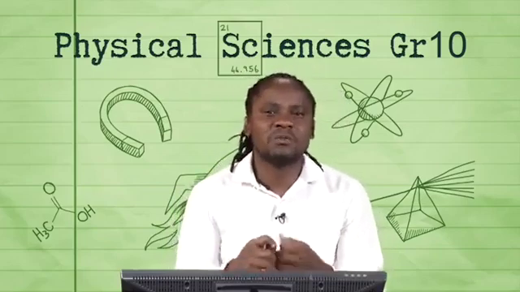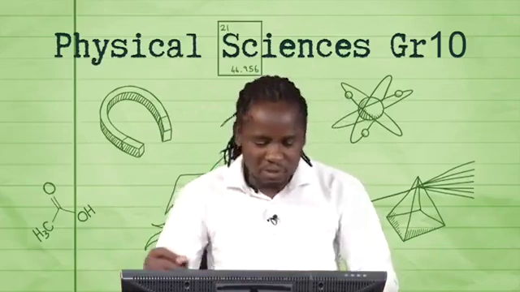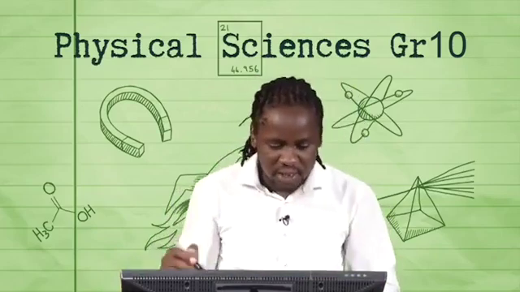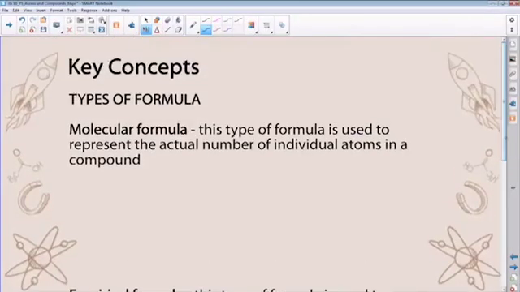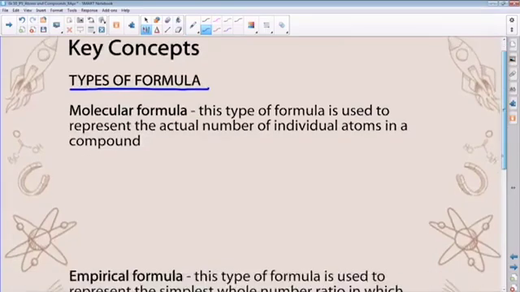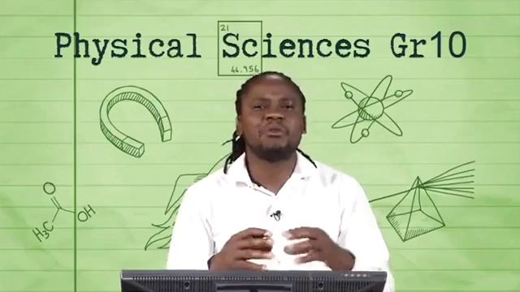Now, we've also looked at metallic bonding. Right, let's move along and look at the next concept, which has to do with the types of formula. In terms of ionic bonding, maybe before we look at formula, ionic bonding forms between metals